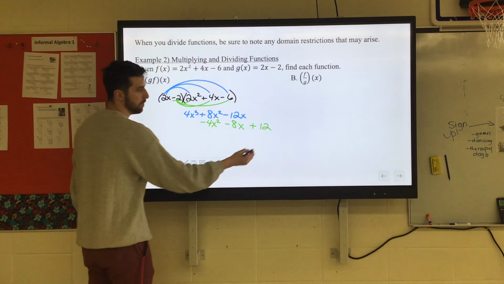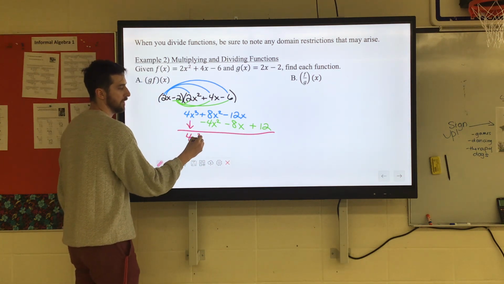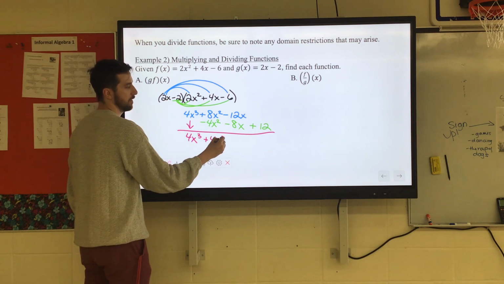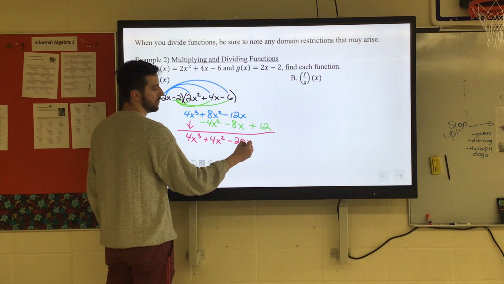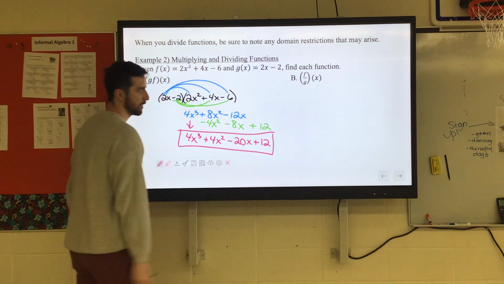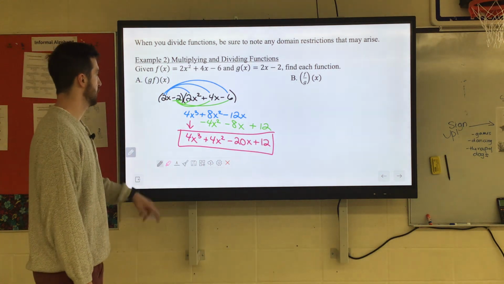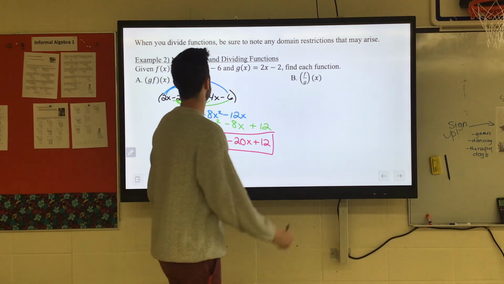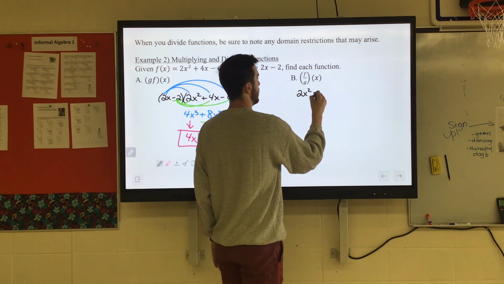So then we'll combine our like terms. We have 4x to the third. X squareds, we have 8 minus 4, that's 4x squared. Negative 12x, negative 8x is negative 20x, and then you have the plus 12. Sick! Cool. All right, now we're going to divide them, f on top. So we have f of x on top, 2x squared plus 4x minus 6